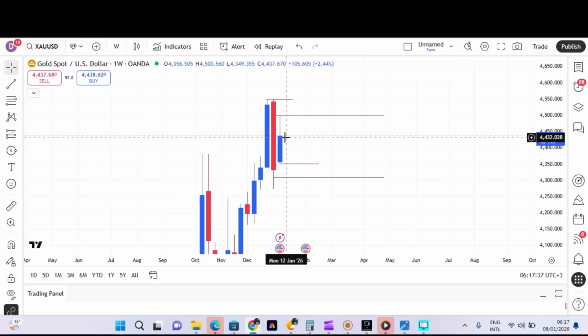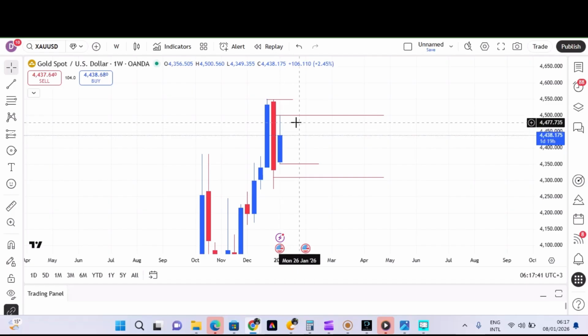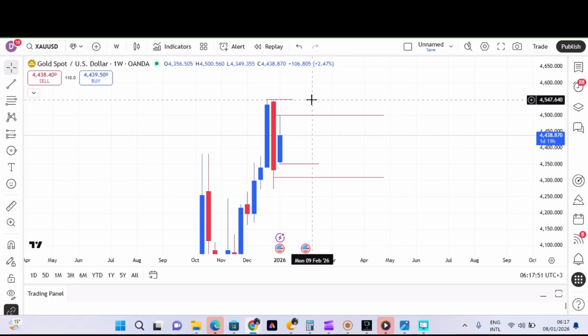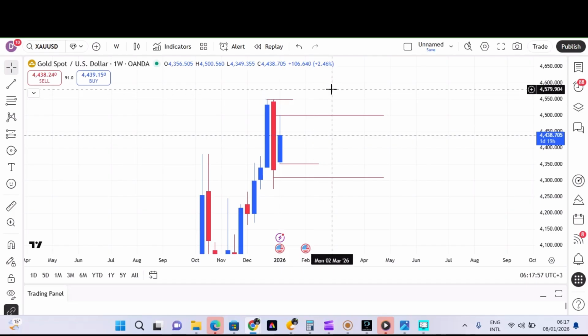This is a retracement or a pullback which can come back, fill this wick, the same candle, and then take out this liquidity lying here at 45.48. That is the previous gold price high.